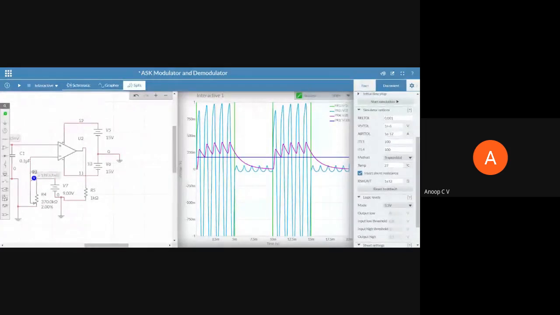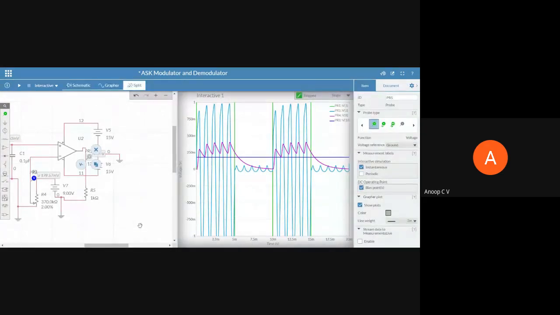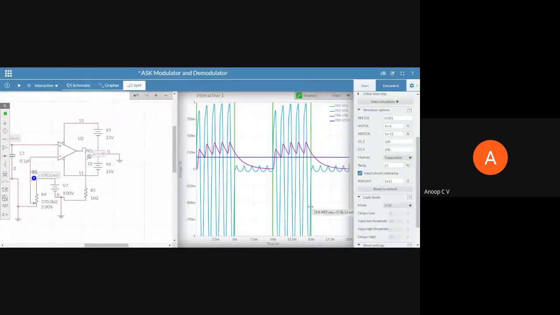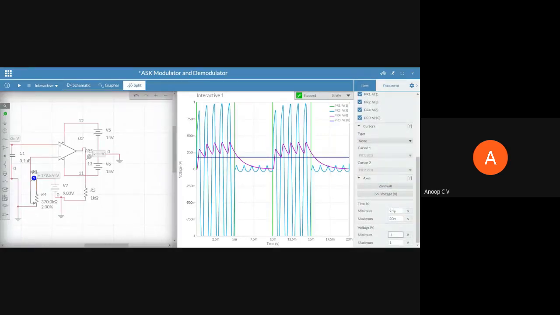So, or else maybe we'll try and see the output. After that, I'll ask this question again. To see the output, what I should do is connect a probe here. So that gray one will be the output. I just wanted to show you the level at which we are setting the reference and the envelope detector output. So that's why I have zoomed it in.